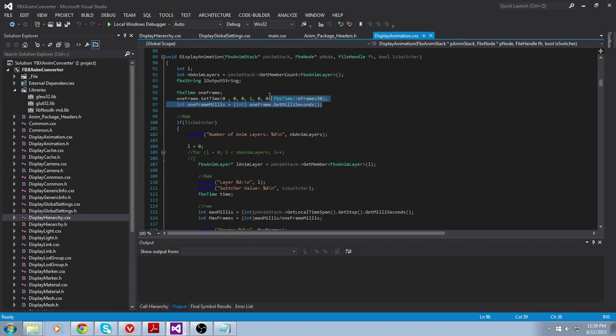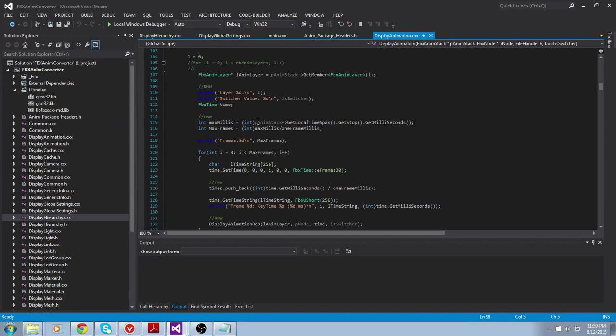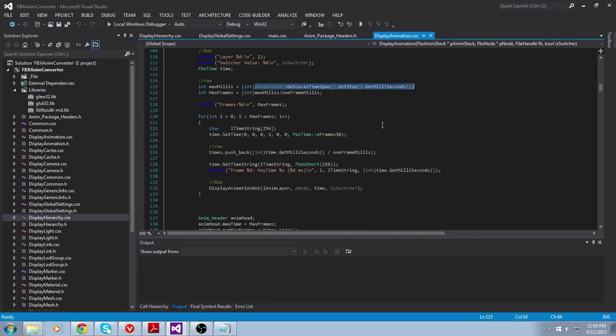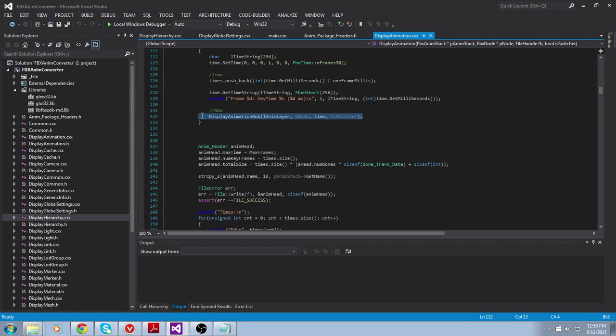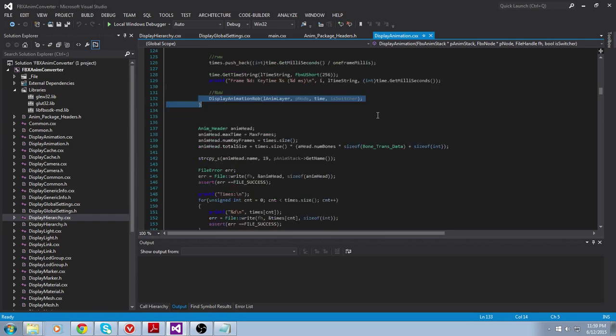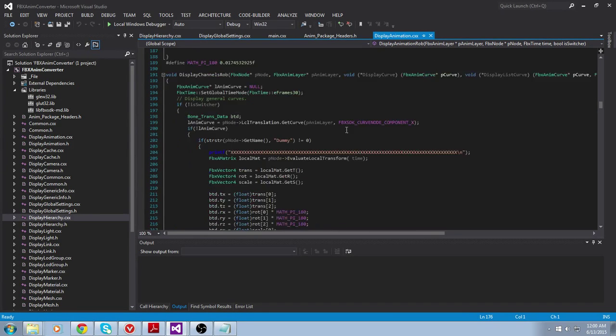It does some little housekeeping to set stuff up, and it gets the layer. It gets the time span to get the max number of frames, and loops through. Right now I'm just grabbing one at each frame, and then I'm pushing that int value into my times vector, which holds all the times, and calling my custom format display animation ROB function, which goes, and if it's a limb node, it will display channels. We'll call it display channels ROB, which basically, if there's data,